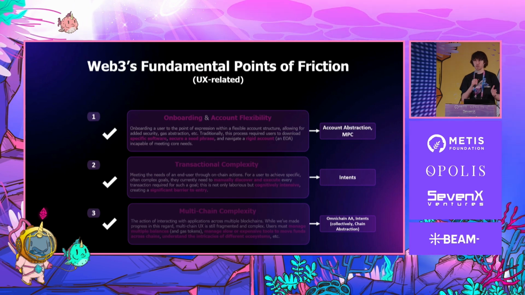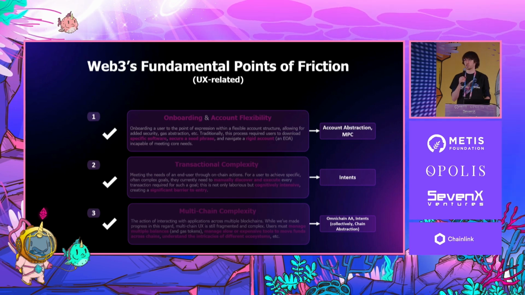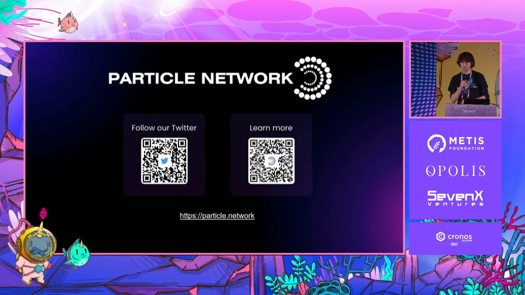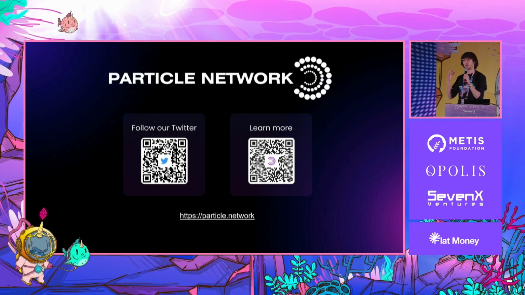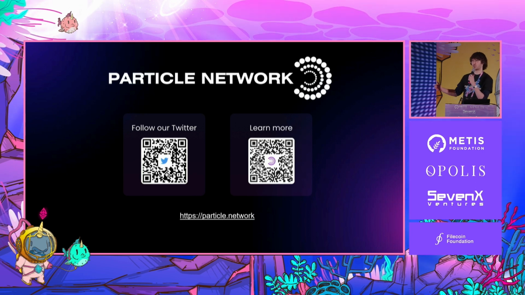Okay, so through these two very quick introductions, we've now solved transactional complexity and multi-chain complexity, ultimately leading to a complete solution that ideally will set the stage for actual mass adoption within Web3. So that was that. About 20 minutes. I went through it as quick as I could. But that's the current landscape of ERC-4337 as it relates to user experience and potentially the evolution of that as we continue over the next few years, tying in, again, the solution to transactional complexity and multi-chain complexity. And that's about it.